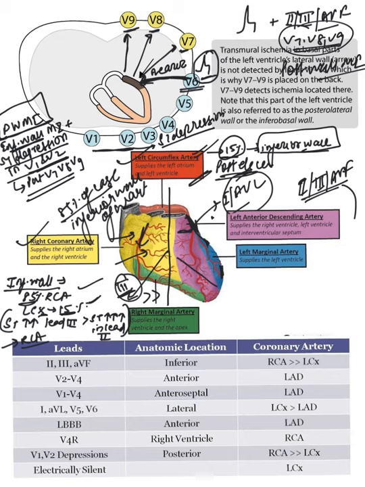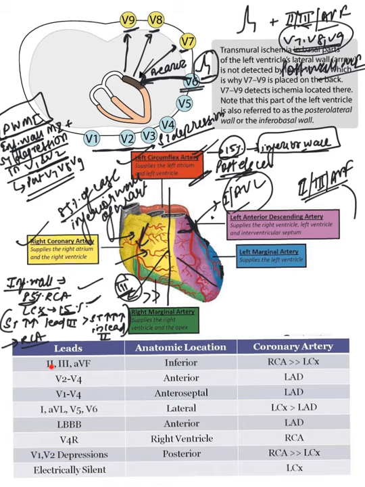So combining the three things together, the inferior wall of the heart is represented by 2, 3, AVF and is supplied by RCA. In 15% of the cases it is supplied by LCX, and to distinguish between the two, we have to look at ST elevation in lead 3 and lead 2 and compare it. If lead 3 is showing more ST elevation than lead 2, then it is the RCA. If lead 2 is showing a bigger ST elevation than lead 3, then it is the LCX.